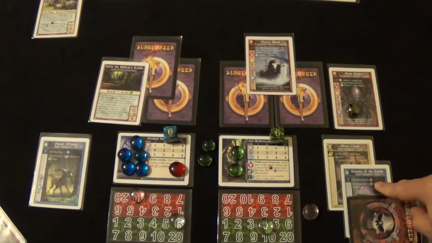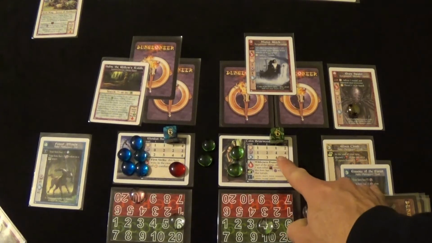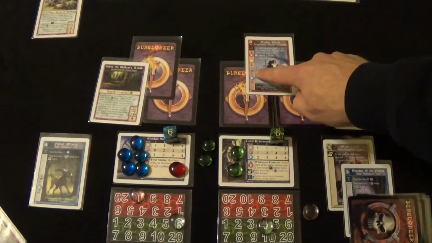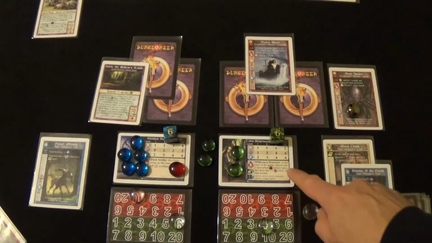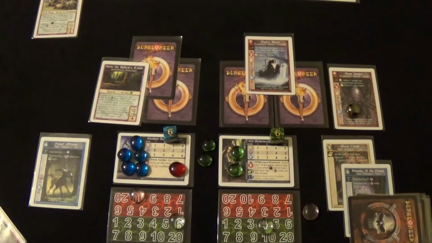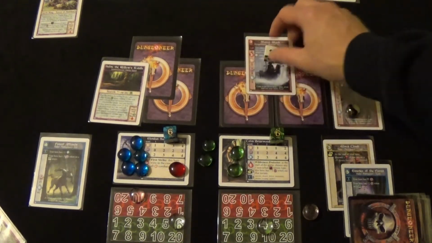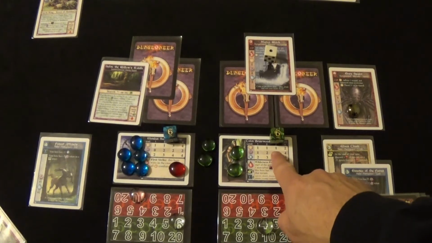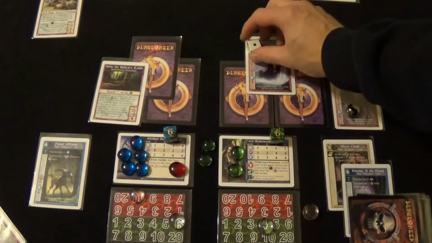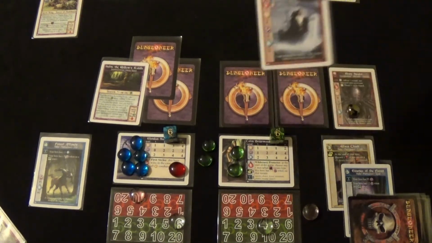Oh, now he's got a bonus to magic. So that gives a +5 to magic, where she only has +4. You know what? She's going to attack melee this time. And she will attack +2. So she gets a 3. And his melee is just 1. And he gets a 6. So, well, he definitely